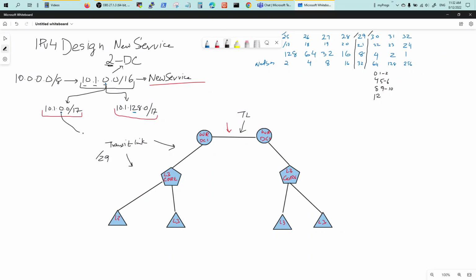So we take the 0 subnet, first subnet 0, and the second subnet 128 for transit, and then we'll design everything else after that. So our first subnet, transit link addressing, would be 10.1.0.0/29. The 0 subnet. /29 is 8, so this is going to give you subnet 0,